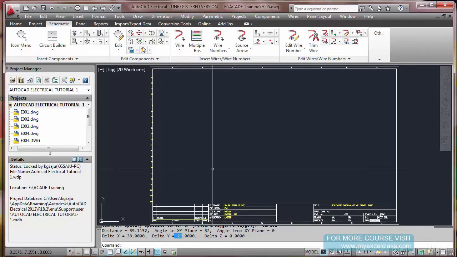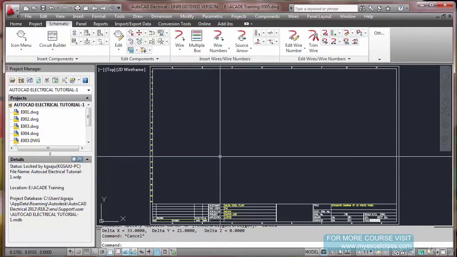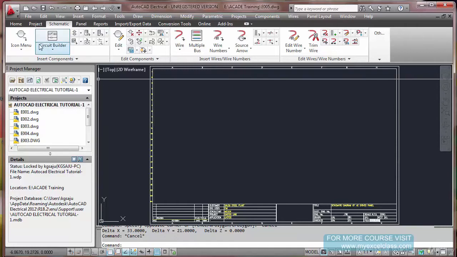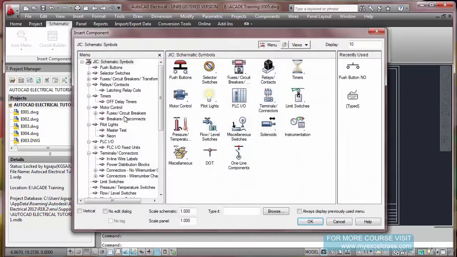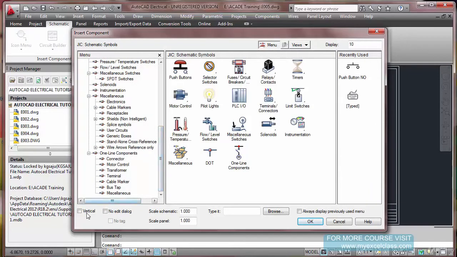So the components which I am inserting fit into it, the size of those components. But you can create any type of title block, and it doesn't matter what your component size is, because there is an option for scaling, scale schematic.